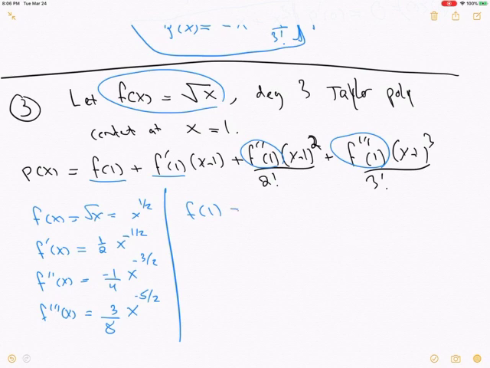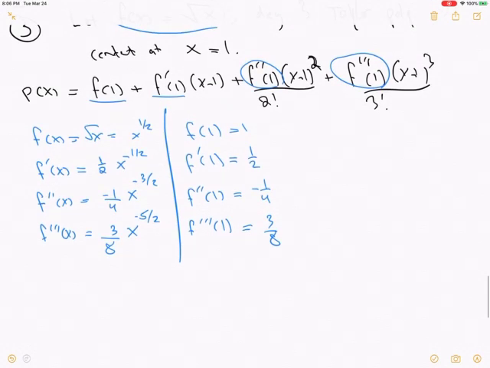So the square root of 1 is, of course, 1. The first derivative, if we plug in 1, is just a half. I misspoke, I said the second derivative, I meant to say the first. The second derivative gives us negative 1/4, and the third derivative, when you plug in 1, we get 3/8. So putting that all together, we see that the Taylor polynomial